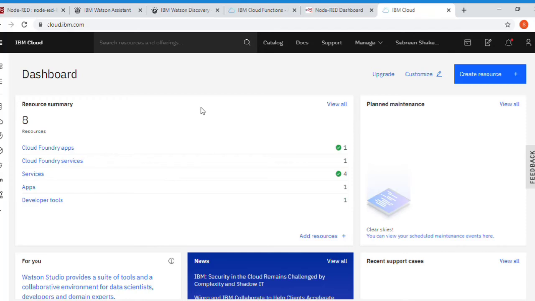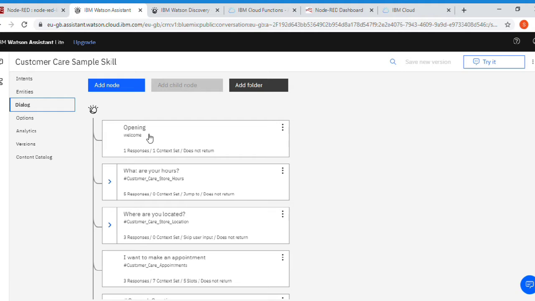Hello friends, let's get started by making a chatbot for customer help desk by Smart Document Understanding. I will show you a working example of a web app that utilizes multiple IBM Watson services to create a better customer care experience. As you can see, this is the IBM dashboard to which you can log in through your credentials.